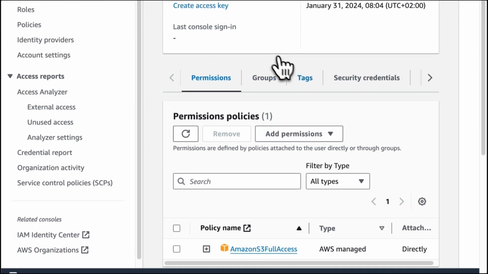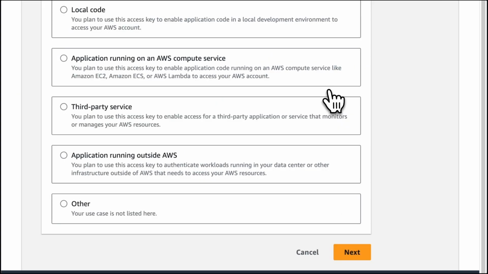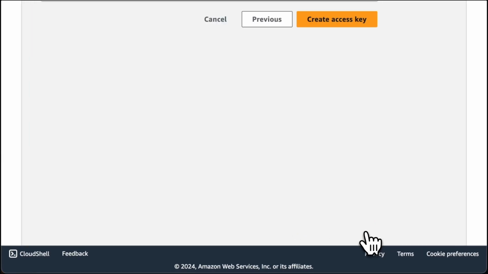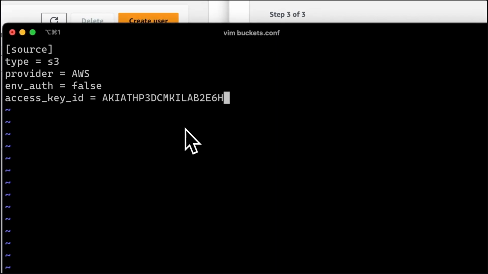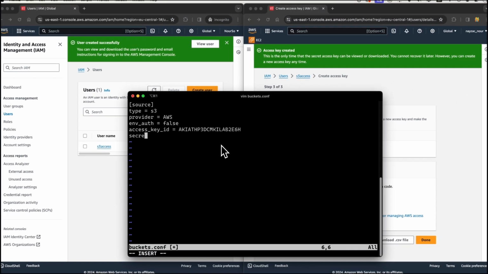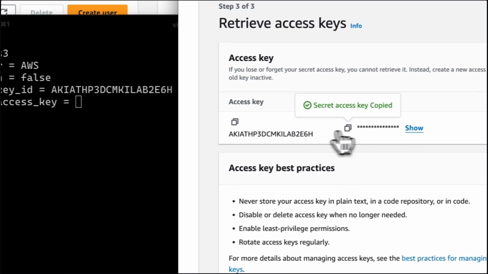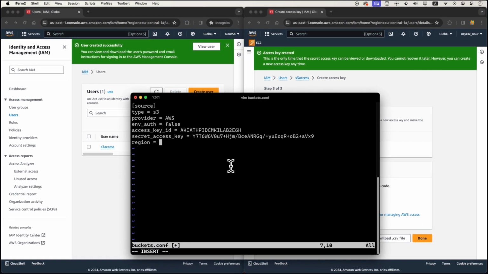key. So let's go ahead and create a new key by navigating to security credentials, create access key. I'm going to select the CLI option and click I understand. Then create access key. Let's copy our access key ID and our secret. And now all we have to do is select the region, and we're done with the first segment of our config file. Now let's create a new segment called destination, and I'm going to fill in the same details as